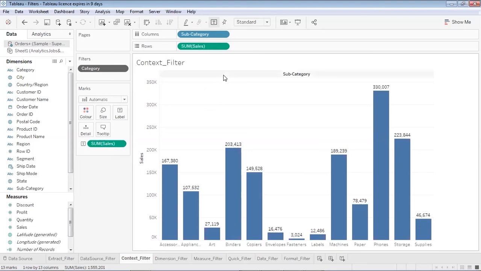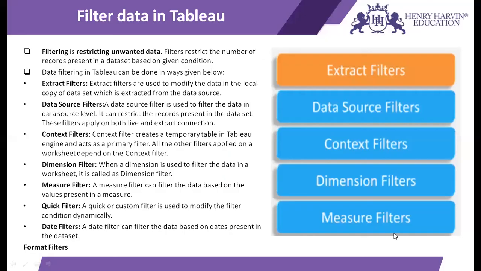In this example, the records are fewer; they are only around 10,000 records. But if you have more than a million or two records, then using a context filter is suggested, because from the large data set you are able to create a subset of the data using the context filter and apply your operations over there. So I think the context filter and its use is quite clear to everyone. So now let's move to our